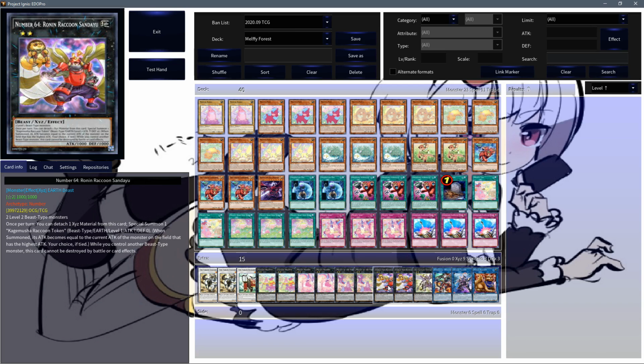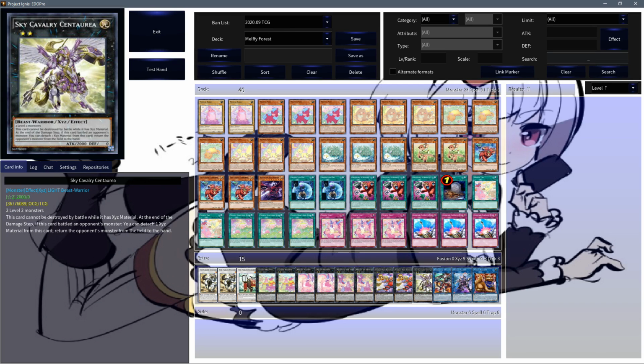But yeah. Then just capping off the XYZ lineup is a Skull Cavalry Centaurea, takes 2 level 2s, and she cannot be destroyed by battle while she has XYZ material. And also at the end of the damage step, if she battled an opponent's monster, you detach an XYZ material from her and return that opponent's monster from the field to the hand. Rather neat,